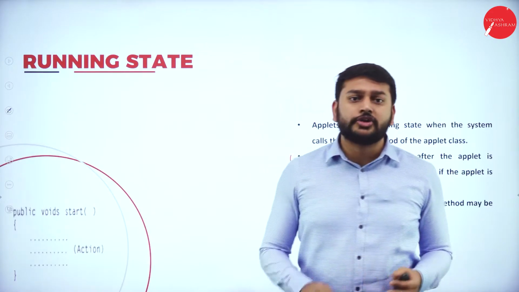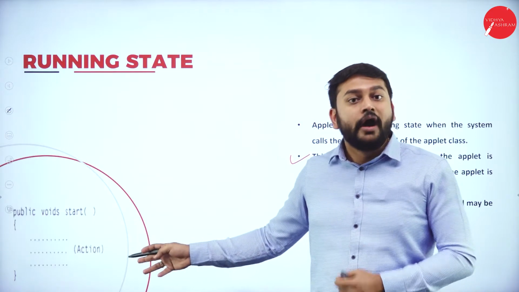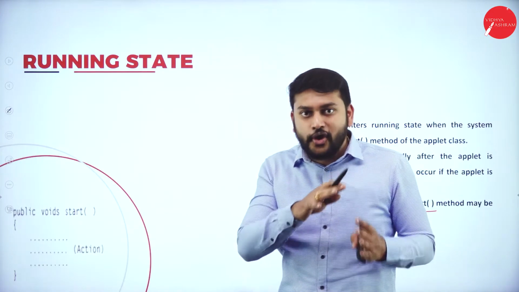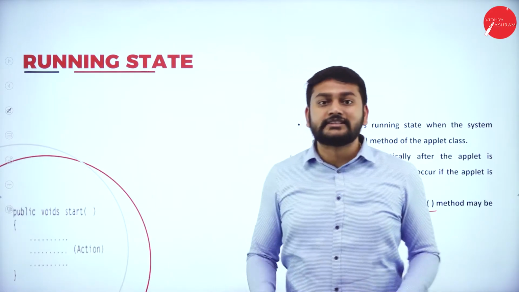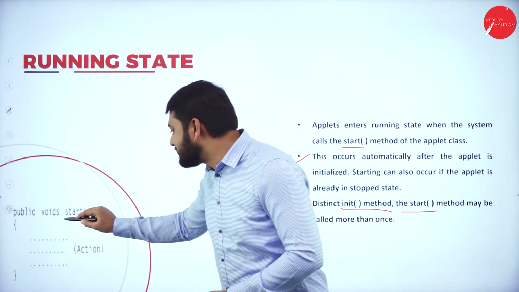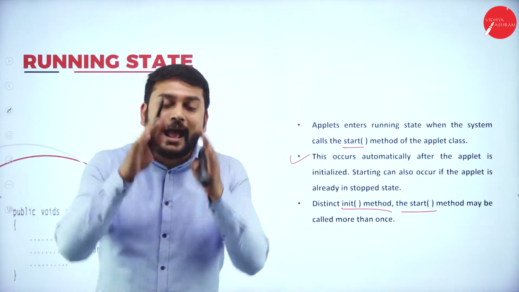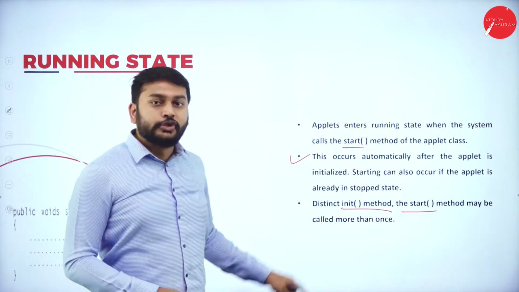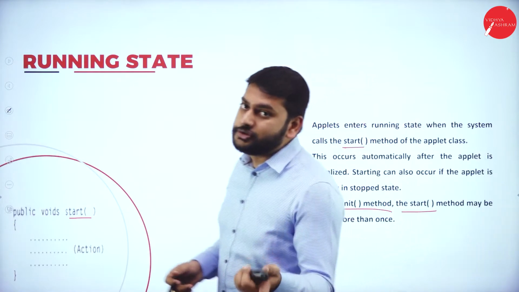I have the method called start. So how do I write that in the program? If you ask me, yes, I have the snippet for all of you here. So this is how I will have my start method. So to have the thread, is it thread? No, it is an applet. So guys, to have the applet in the running state, I will be writing the method like this. The main thing that you should never forget is the start method, which will bring your newly born thread or newly born applet to the running state. And also please don't forget, you can call the init, that is initialize method, and the start method more than one time.